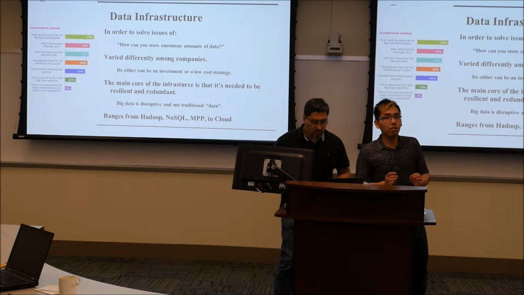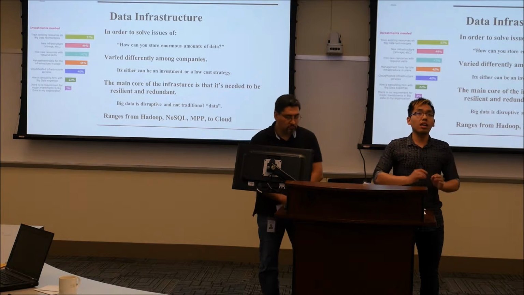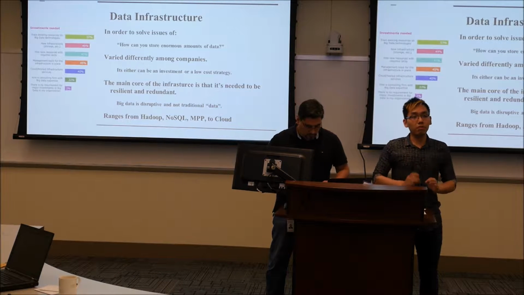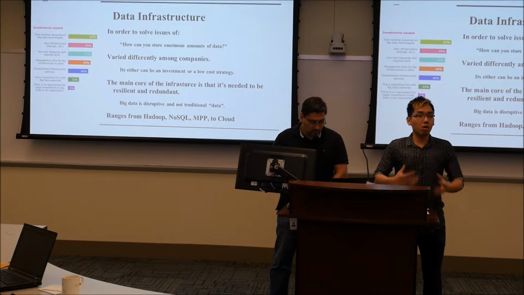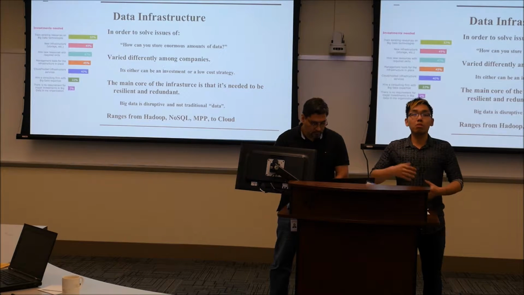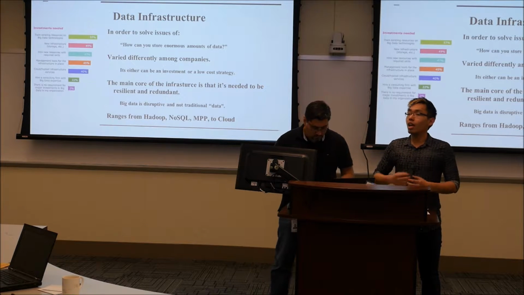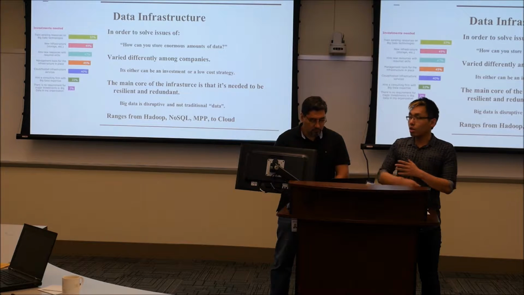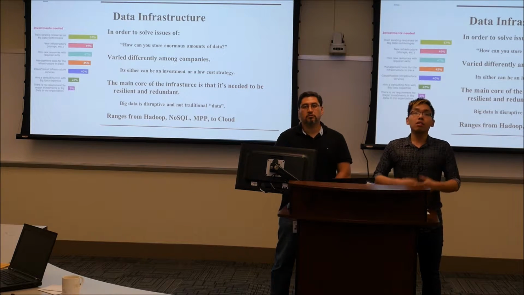The main core of the infrastructure is to be resilient and redundant. Resilient is that, because big data is a disruptive force in the normal data set, it can be used and honed to grow and to be updated easily with the growing database. However, the redundant part is that it has to be able to adapt to those changes and still be useful. Not just because it's updating, it's no longer useful; it has to still be able to connect with the old, maybe the queries, the systems that have been built on.